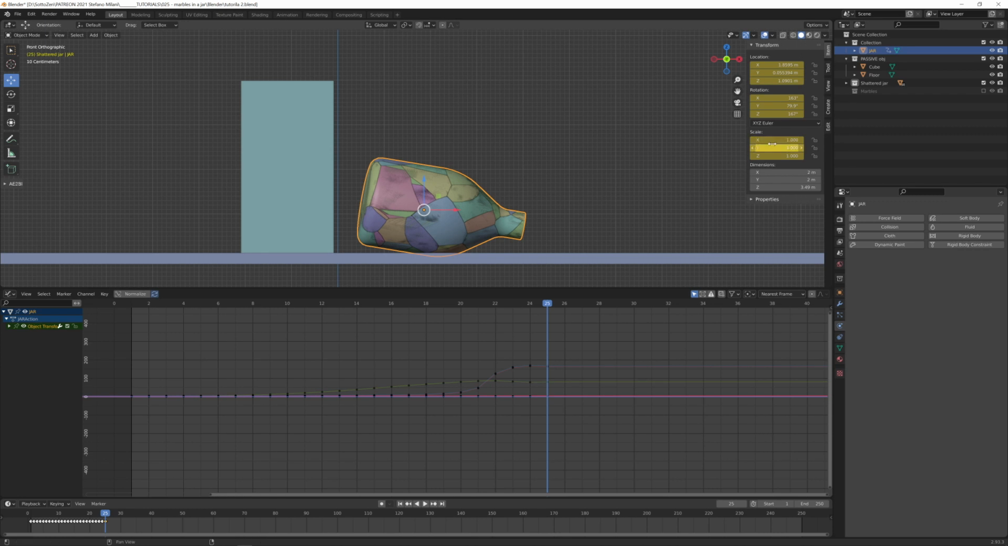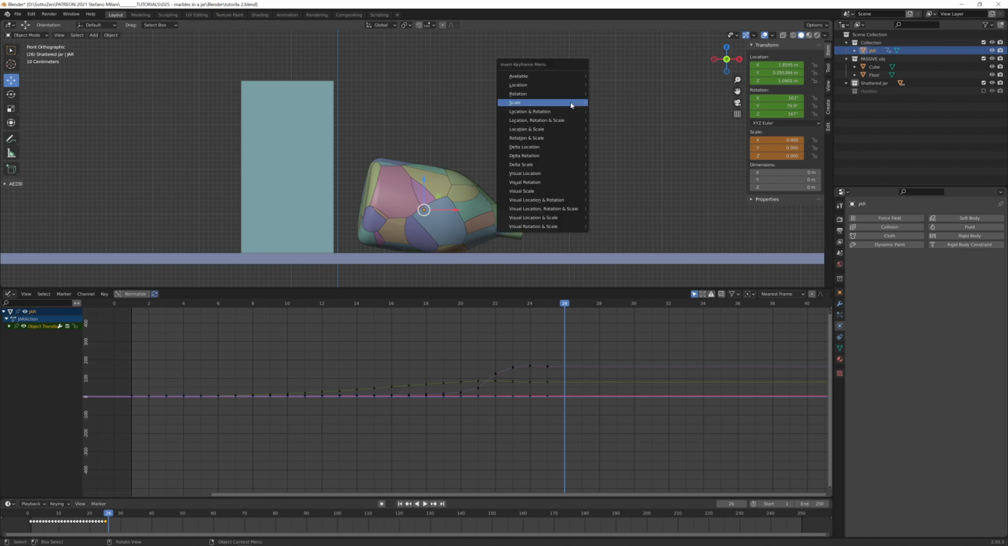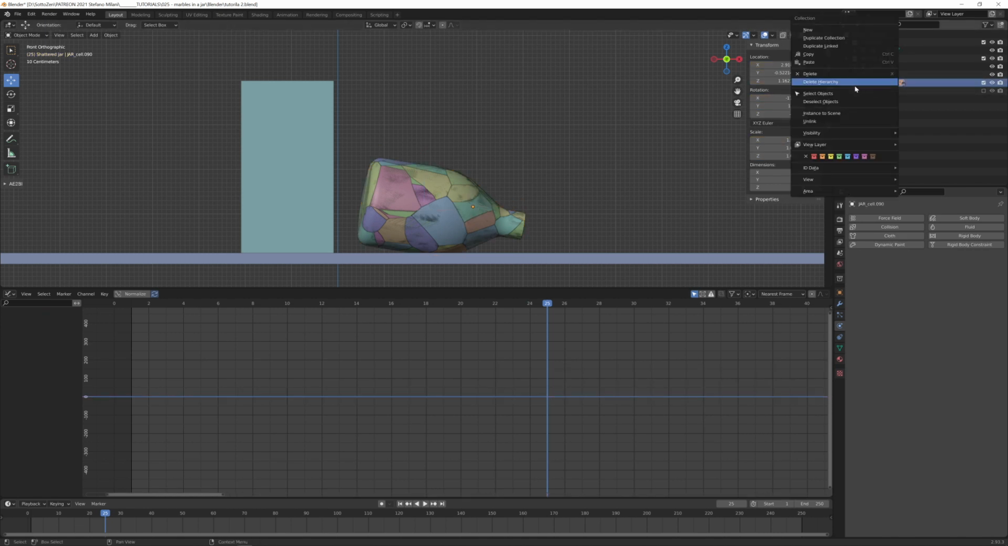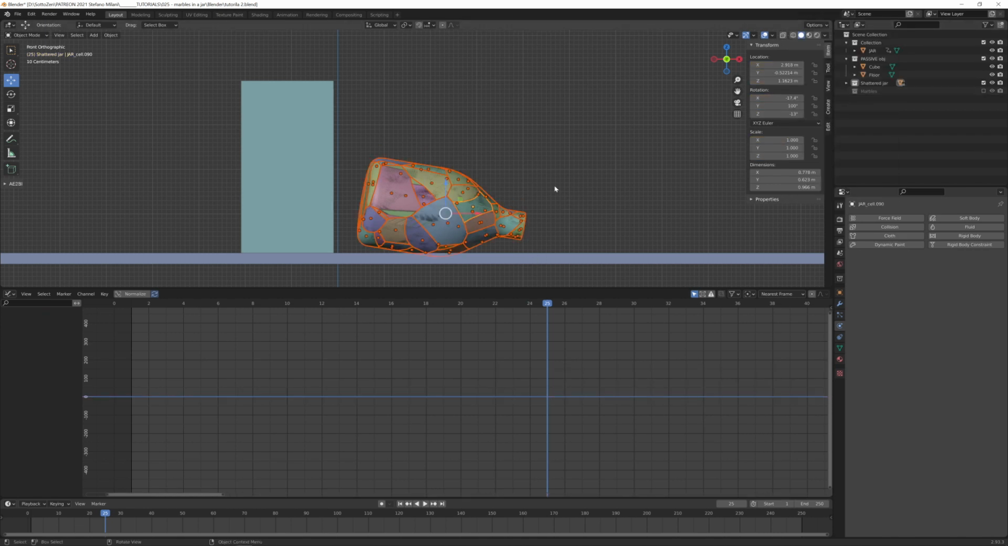So we just added a scale keyframe for our jar object, and we want to make it disappear the frame after. So let's just scale it to 0 and add another scale keyframe. And in the same way, we now want to animate the scale of all these shattered pieces. So let's select all these objects. And now this is a little bit tricky in Blender because